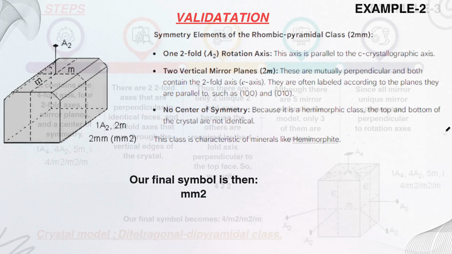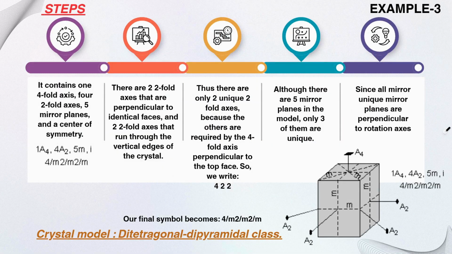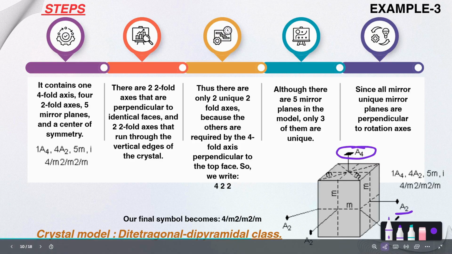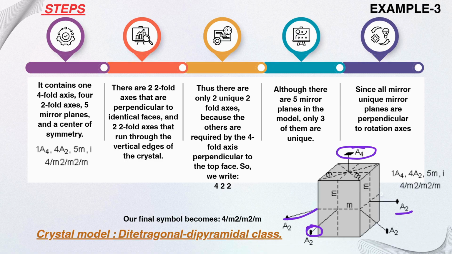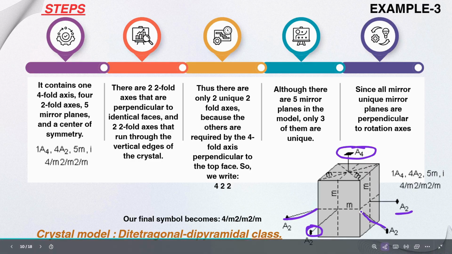Next we'll see another crystal model, the ditetragonal-dipyramidal class. Okay, this is from the tetragonal system. Here you can see this particular model has one fourfold symmetry and four twofold symmetry axes. You can see one perpendicular to the B axis, another perpendicular to the A axis, and similarly diagonally, from edge to edge, there are two sets of axes present. So hence we have to write